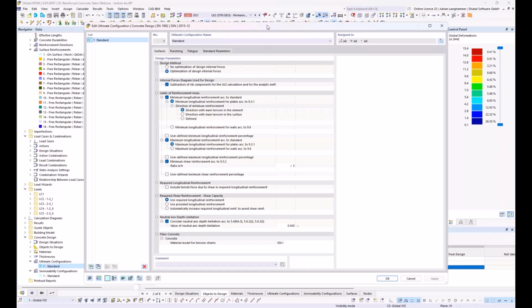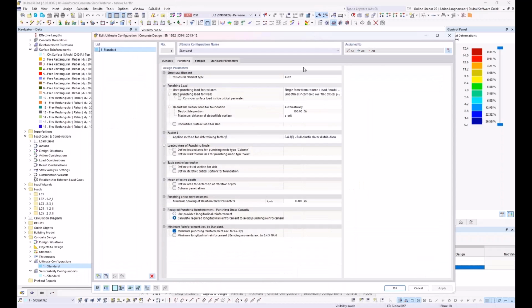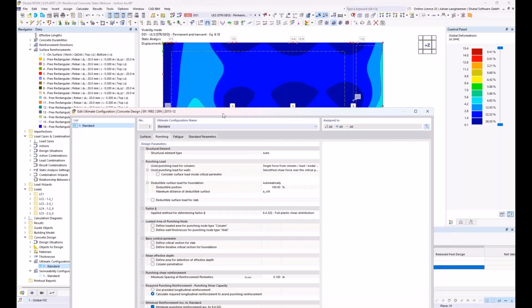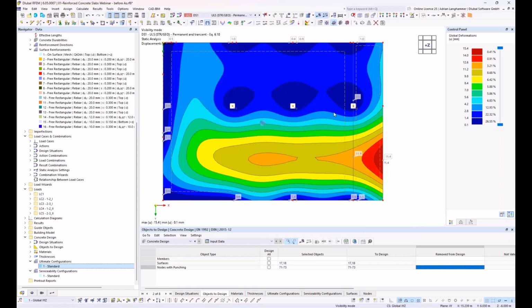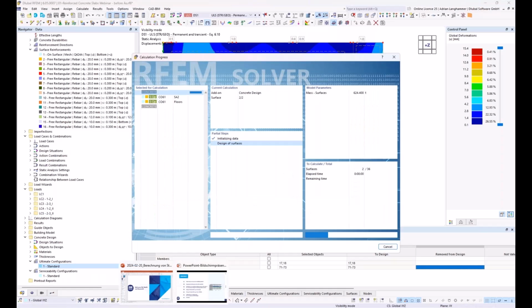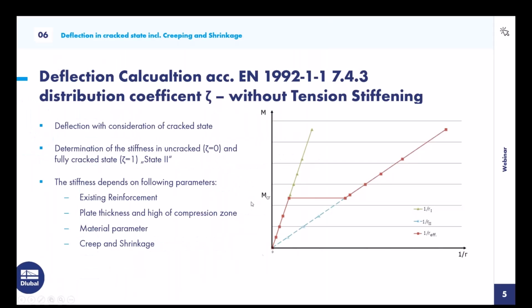And with selecting some nodes for the design here, I get this additional register for punching, and here you could find every single option for the design, or how this punching load should be determined. There are a lot of different settings. I would keep everything as it is here. I would like to use the default settings, and then I recalculate again. But I use this calculation time and switch back, and will do a short explanation regarding the deflection